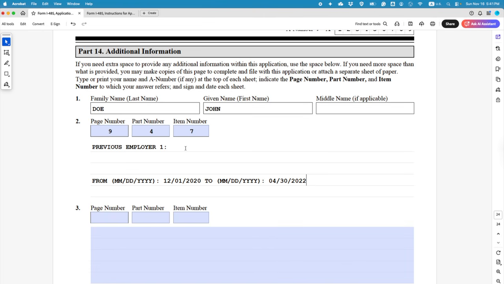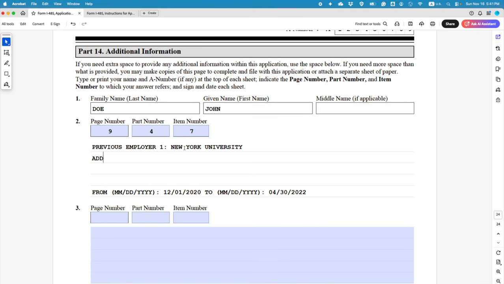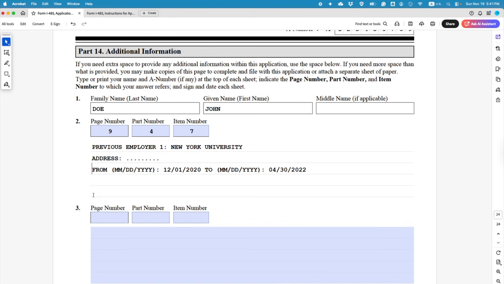to 4/30/2022, and I was employed by, say, New York University, and the address, I am not actually sure what the address is, so fill out your previous employer's address here, and then this is the date. Now see, it still didn't cover the full 5 years mark. So maybe I have to fill these out again,